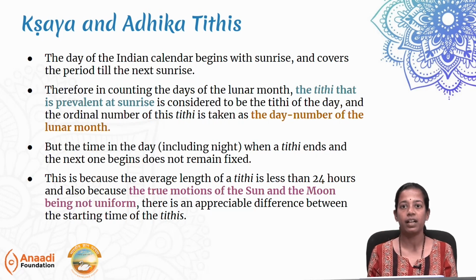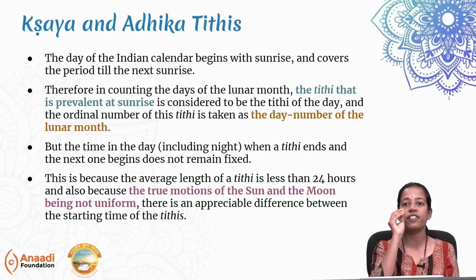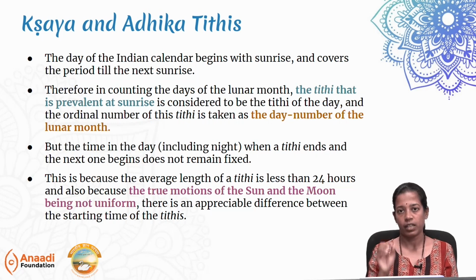For example, if today morning we are at the 21st hour of Panchami during sunrise, then Sashti starts and gets over within 20 hours, the next day morning it will be Saptami. So, the days will be numbered as 5 and then 7. There will be no 6th lunar day at all. It is just a numbering system. We will understand why we are using this in another concept coming later in the lecture.